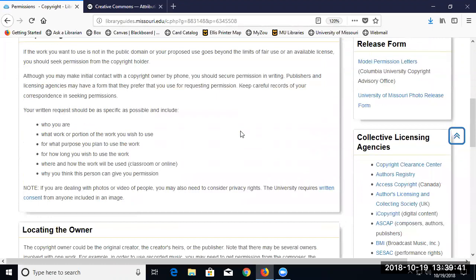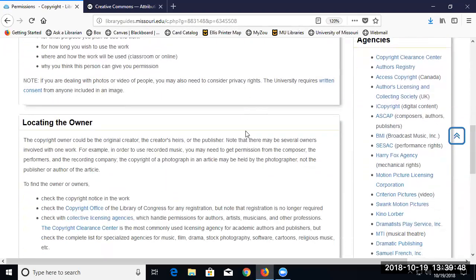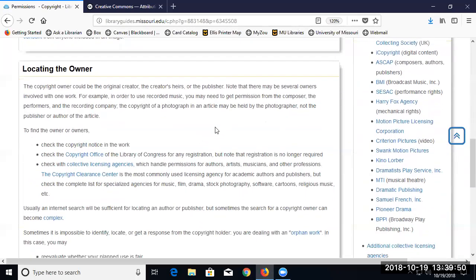There are some different things I should talk about in this context. One is figuring out who holds the copyright. Often, in a publication situation, that's probably not too difficult because it's usually the publisher who has those rights and they're relatively easy to contact. Sometimes, say, a freelance writer has written something in the newspaper, and the freelance writer actually still holds the copyright. They've given the newspaper the rights to reproduce it, but they still hold the copyright.